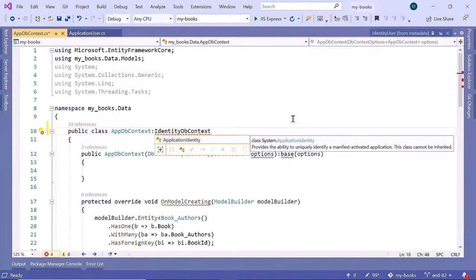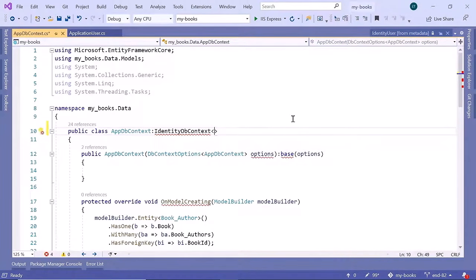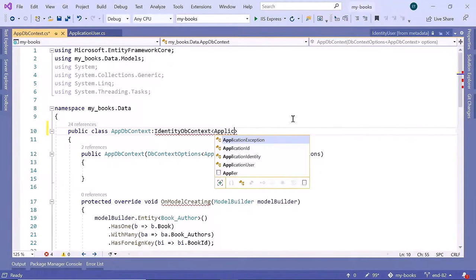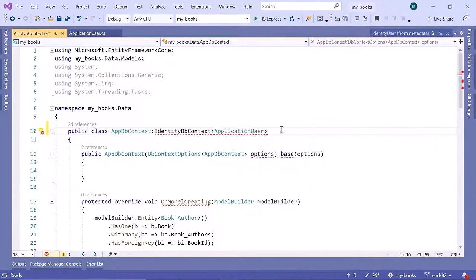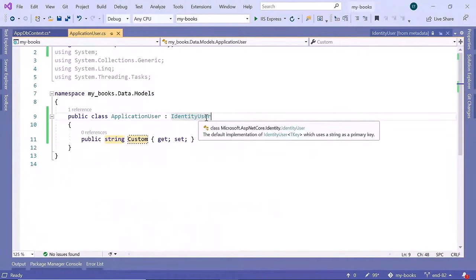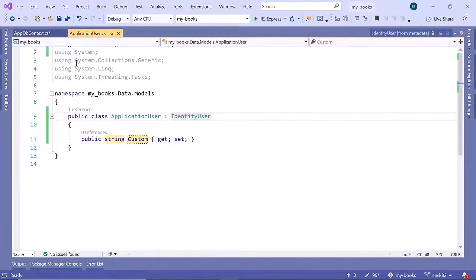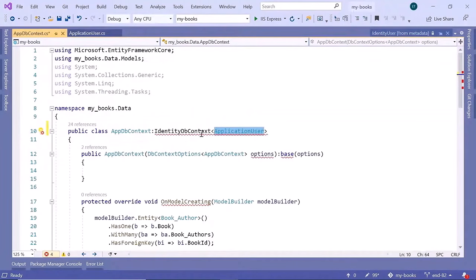And then as a parameter, this is generic, so the parameter is going to be the application user class that we just created. Now, if you don't want to use the application user model, you can just use the base class IdentityUser, and that is going to create a table with the default properties that I just showed. So if you go to the AppDbContext.cs, and let us add the namespace for the IdentityDbContext, and